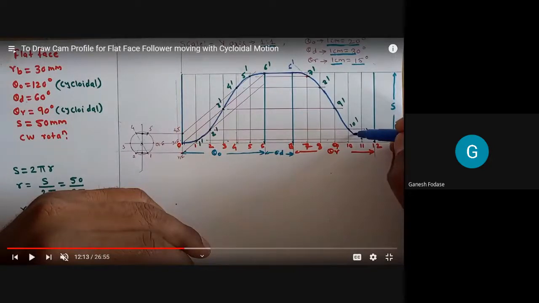and knife edge radial, basically here because offset is not given. So the procedure is similar to that. So let's go through that because we have already completed 90% of the procedure. Only the last step is different. So now see how to draw a cam profile when the follower is a flat face follower.